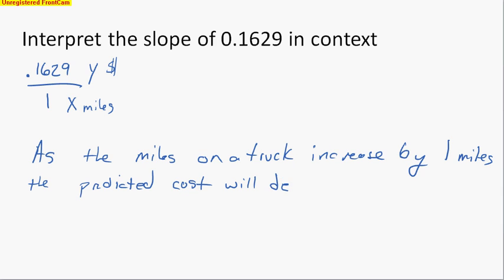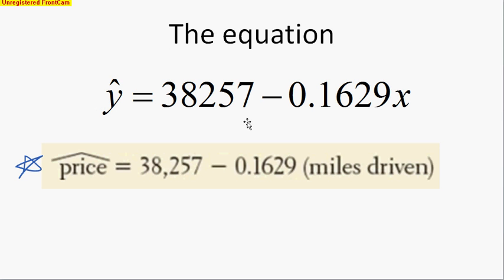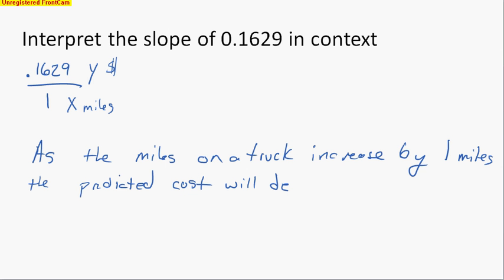Again, how did I know? I want to go back and show you how I knew it was decreasing, because the slope is negative. There is a minus in front of that value, so please make sure you realize that. Actually, I should have even had a minus sign right here on that value. The predicted cost will decrease